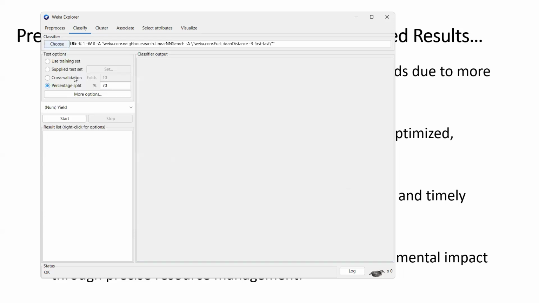It's an algorithm based on the principle of: show me your friends, and I'll tell you the kind of person you are. If you have 5 friends, 3 of them good and 2 of them bad, then you are likely going to be a good guy based on the voting, 3 against 2. This is a very simple algorithm in machine learning that has proven to be very powerful on several fronts. We're going to demonstrate it and see that it can work on both classification and prediction.